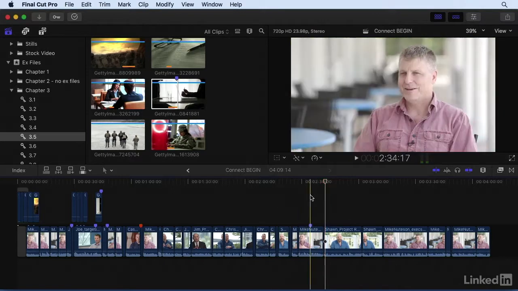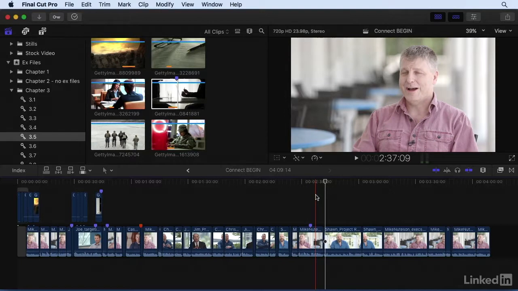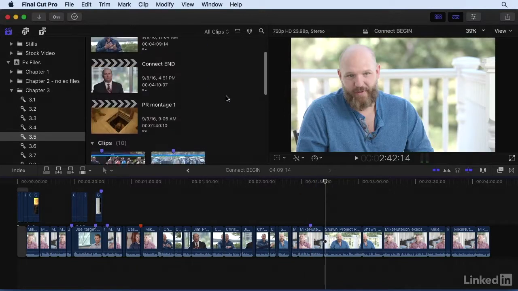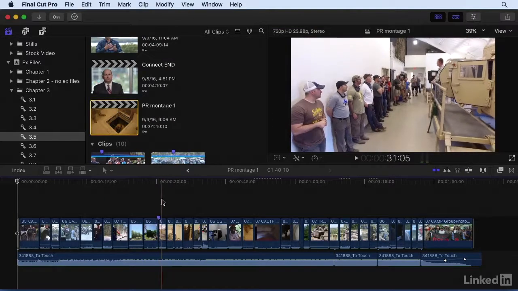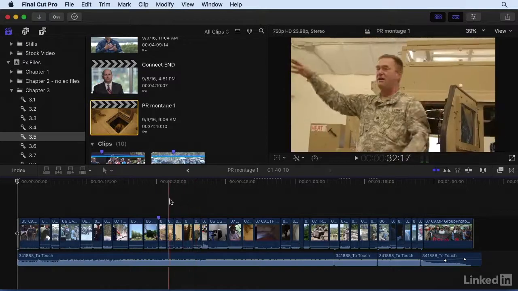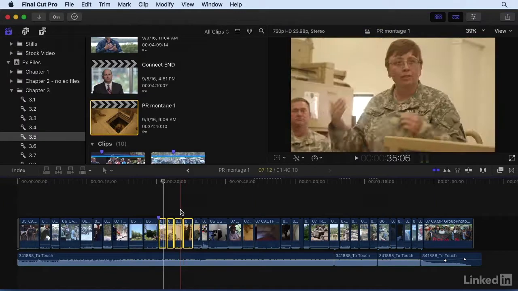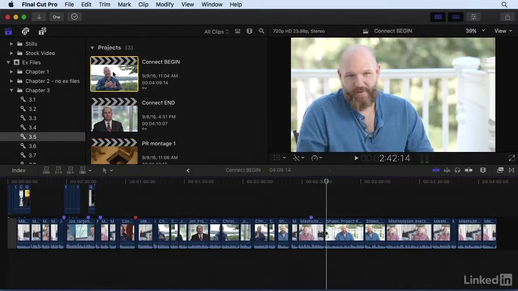So let's say that I was working in another sequence, and I have a series of shots that I think could work out really well here. Well, instead of recreating the wheel, let's go ahead and borrow that. I'm going to go into this montage, and I think I want to borrow this series of shots right here where we have people demonstrating leadership. So I'm just going to grab these shots, press Command-C, head back over to my main sequence,